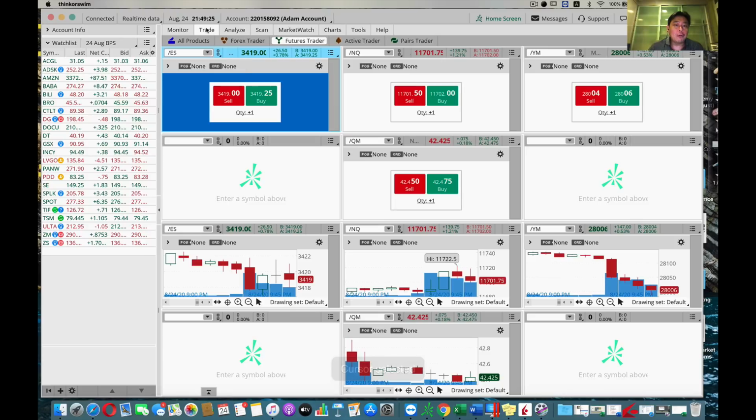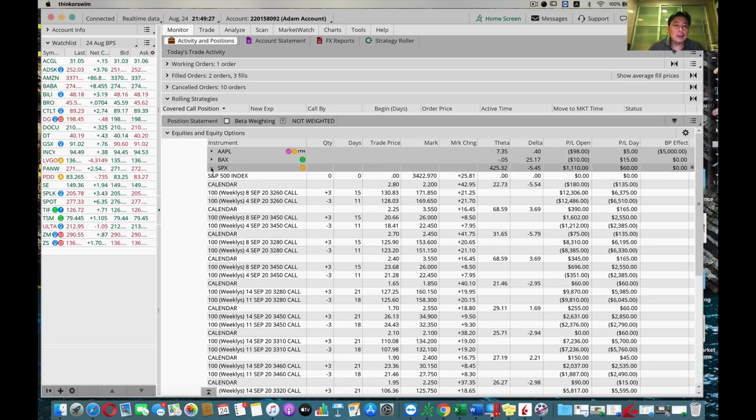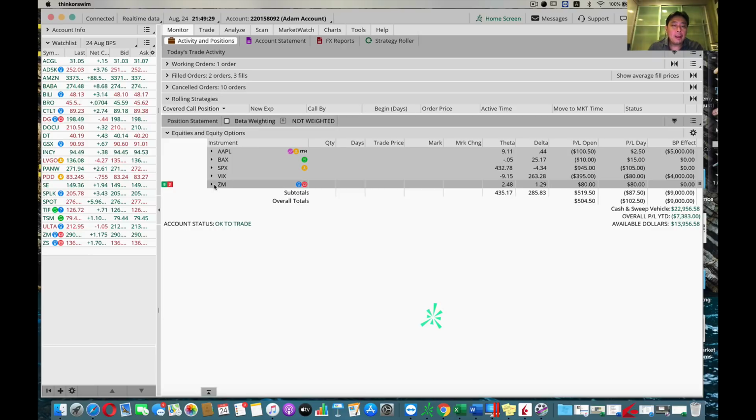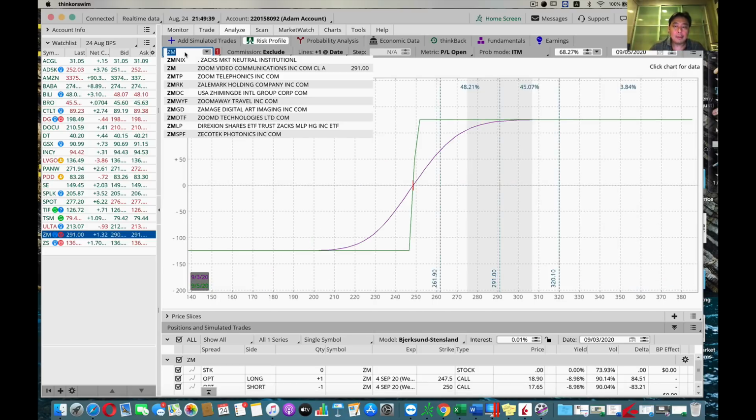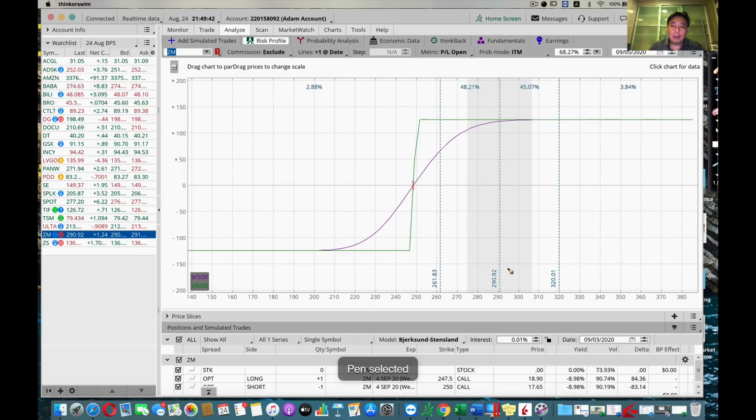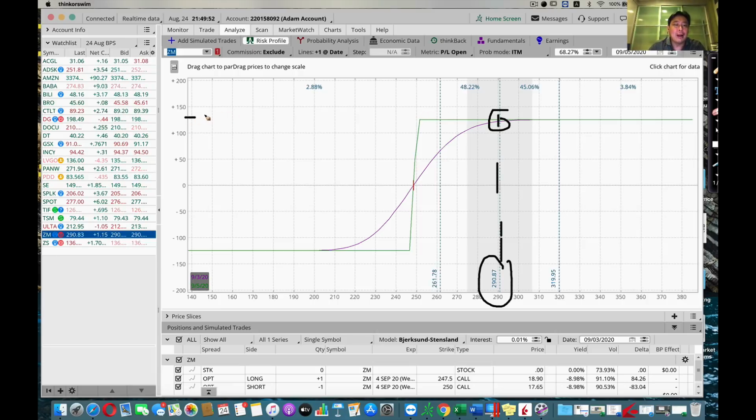Right, so I've also got another trade going over here. You can see this is ZM, and ZM is a directional trade, right? It's a long trade, and again, this is what it looks like. Go to analyze, go to ZM. Okay, so there we are. So right now you can see that the price is here. Okay, so in fact, I'm now making the maximum profit. Again, it's a very small trade I put in for the fun of it. I'm making about 140 bucks. Okay. Now, of course, if ZM were to crash, then the most I would lose is